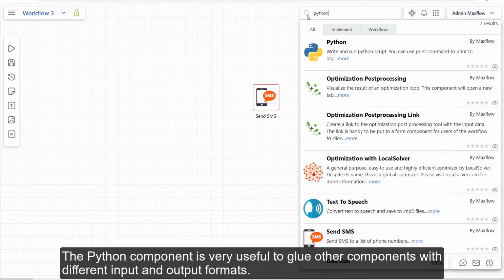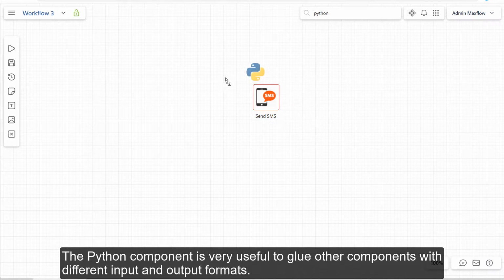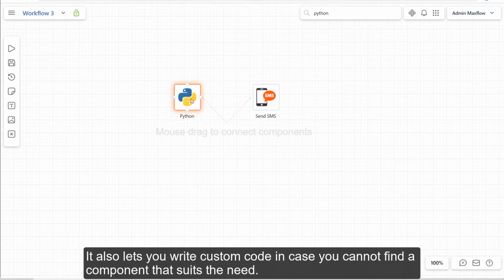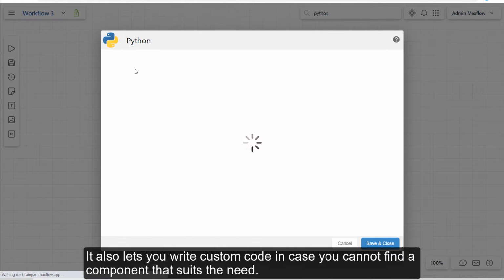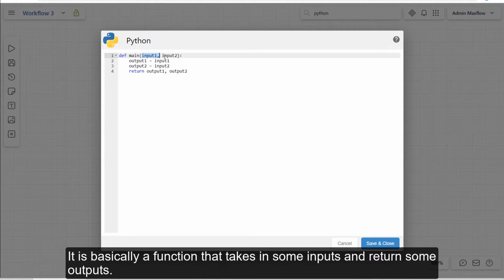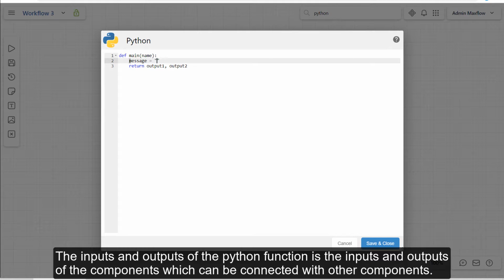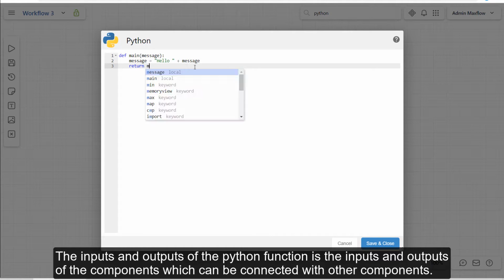The Python component is very useful to glue other components with different input and output formats. It also lets you write custom code in case you cannot find a component that suits the need. It is basically a function that takes in some inputs and returns some outputs. The inputs and outputs of the Python function are the inputs and outputs of the components, which can be connected